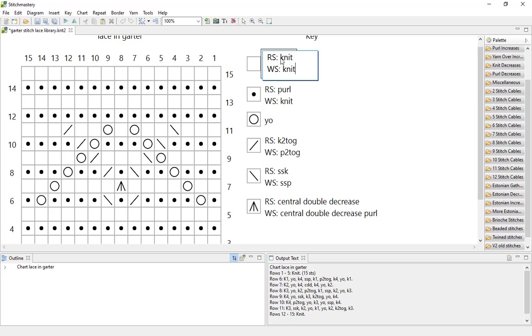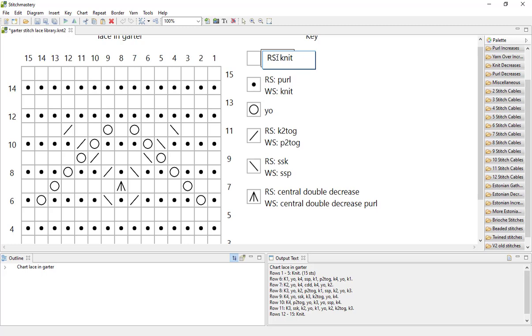You can have it this way, or of course you could simplify things a little and just put these instructions on the same row. So that's one step in the path to explaining to the knitter what is expected to go on. Now obviously we still have our purl bumps, but only in the wrong side rows.